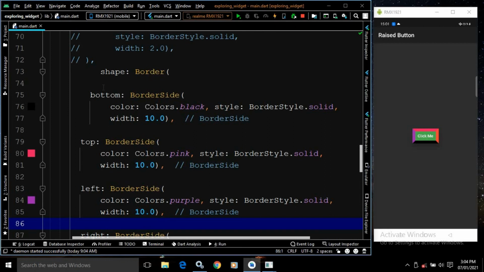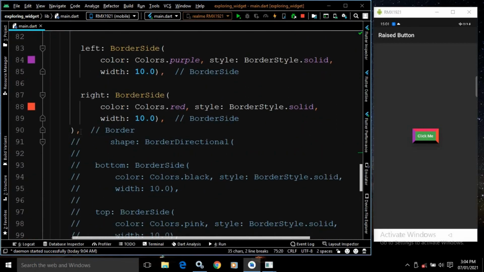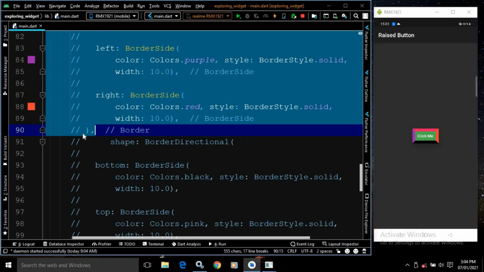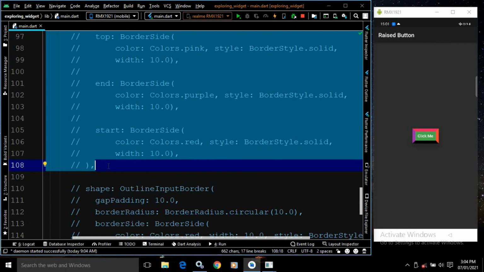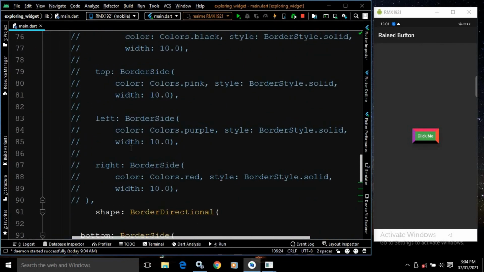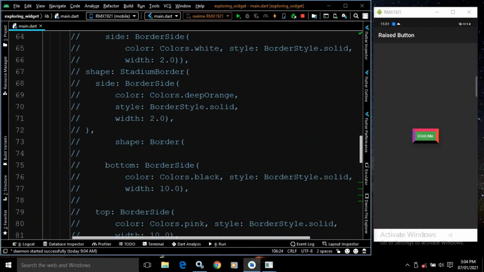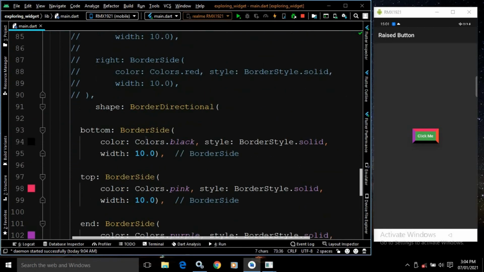Okay, now let me comment this one. Now let me uncomment this one. Now here in the previous case in the shape I have used border. Now here in the shape I am using border directional.